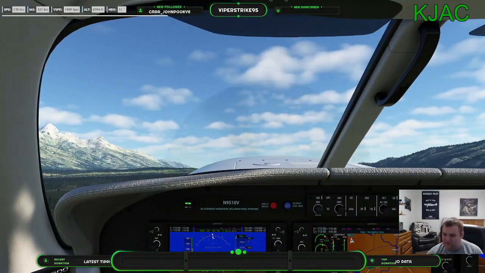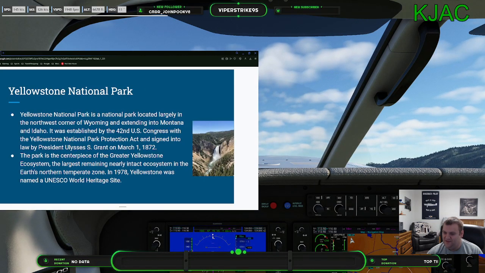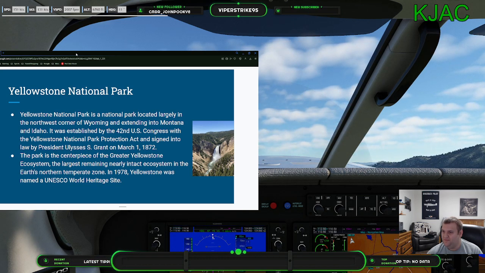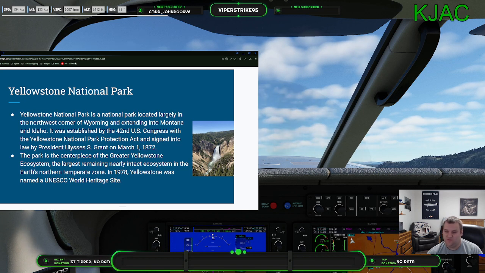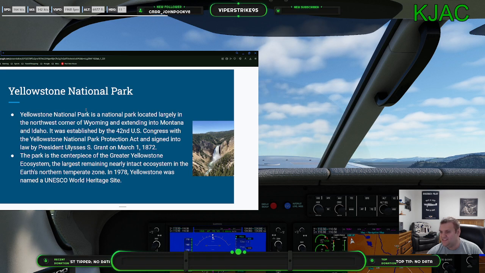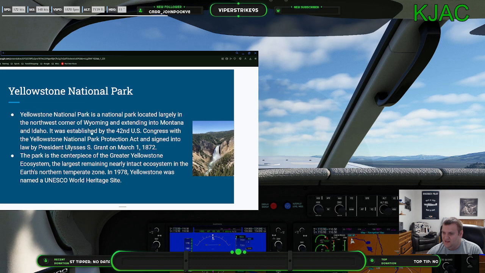Let's go talk about Yellowstone National Park, shall we? Yellowstone. You guys all know about this national park. If you don't know about Yellowstone, I don't know what's wrong with you. No, seriously. This is actually established, it is considered the first national park in the United States, and maybe the first one in the world, in 1872, when it was signed into law by President Ulysses S. Grant. This park is world famous for its wildlife and its many geothermal features, mainly Old Faithful,